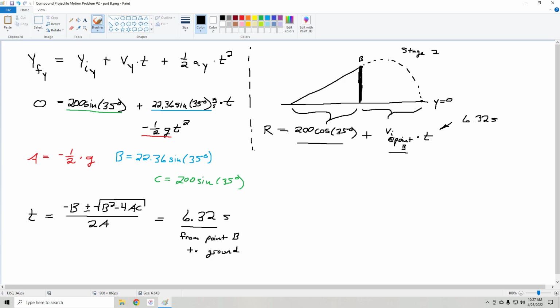And we know that the initial velocity at point B, that was solved a long time ago, 22.36, we have to use the x component, so cosine of 35 degrees multiplied by this 6.32. And what happens when you add this plus this multiplied by that? Well, we get